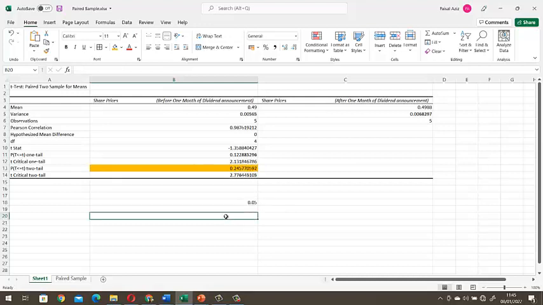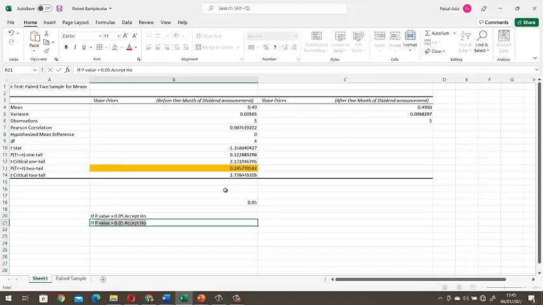So we can say that if p value is greater than 0.05, we accept H naught.